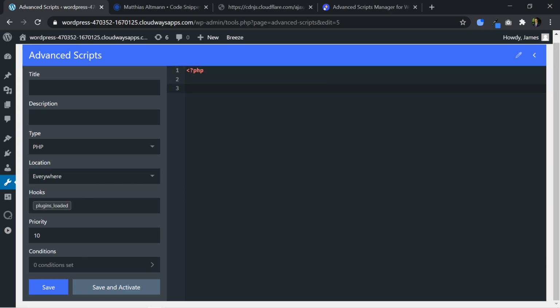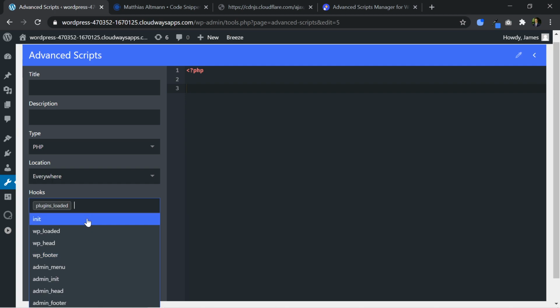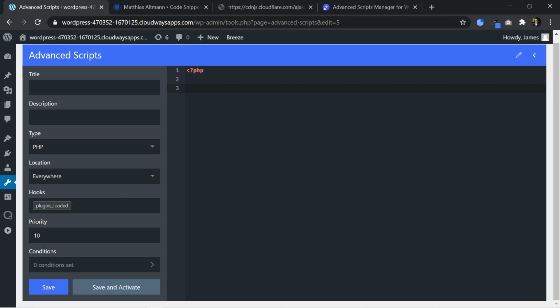And then you can choose how you add it to your site, the priority, and the conditions. And then you write up all your PHP code here. There's an autocomplete feature, something that I really enjoy. And it's just very easy to write your code and the stuff that you need to write. So once you add everything, you can save it and save and activate the plugin, and then they all show